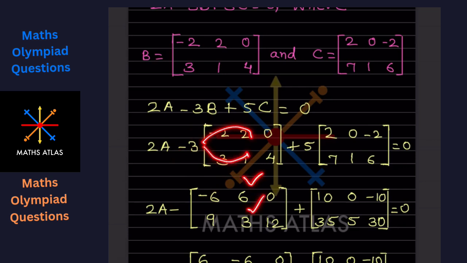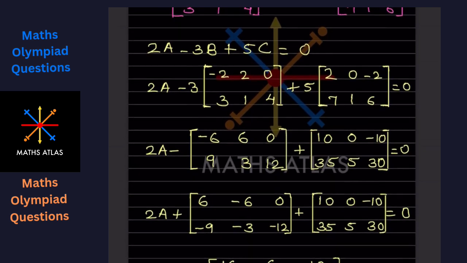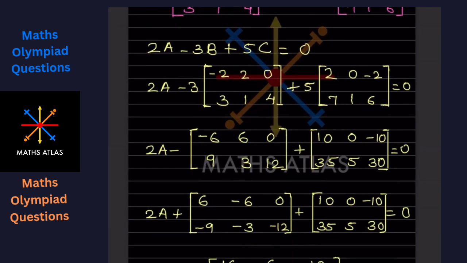This into this is 3. Then this into this is 0. This into this is 12. Look further, this also 10, 35, 0, 5, minus 10 and 5 6 are 30. So that is, now what we are going to do, first thing what we will do is we'll remove this